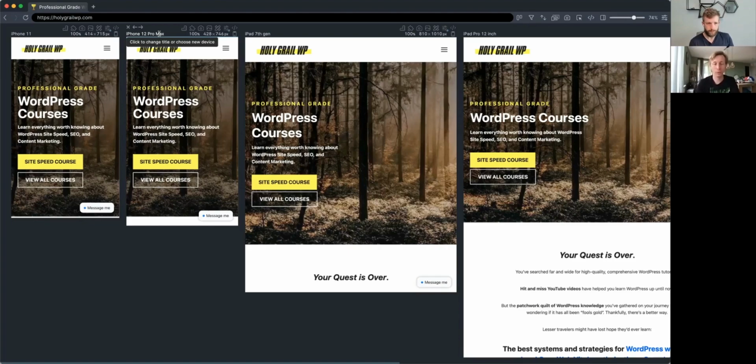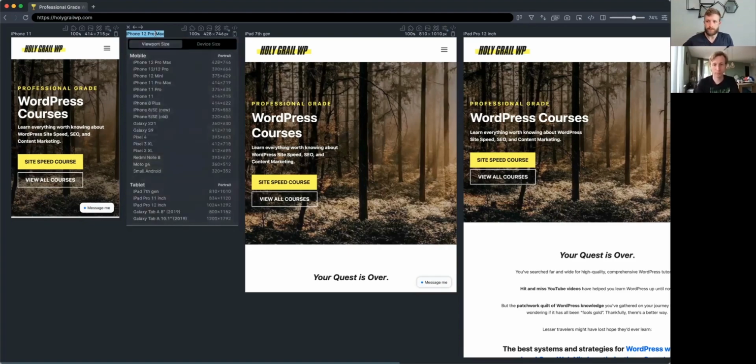So if you click on the title right now, then all the way at the top, you can toggle between viewport size and device size. So if you're designing something like a PWA, you can switch over to device size and have the exact pixel height and width of the entire device. By default, you'll want to use the viewport size because that takes into account the height of that address bar and the bottom bar